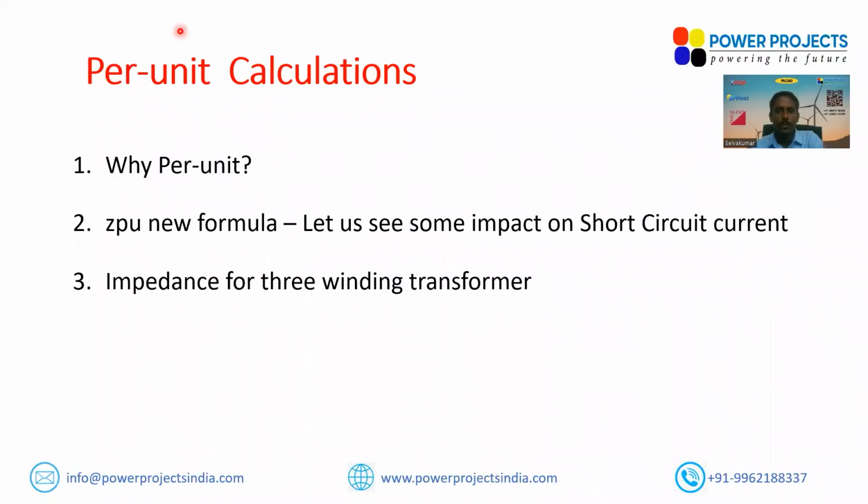Now, there is another important aspect: the per unit new formula. This is another important aspect which we might have studied in college, but have probably missed along the experience. If my transformer is 80/100 MVA, 80 MVA on oil natural air natural and 100 MVA on oil natural air forced, and my impedance is 10% on oil natural air natural, what's the percentage impedance of the transformer on oil natural